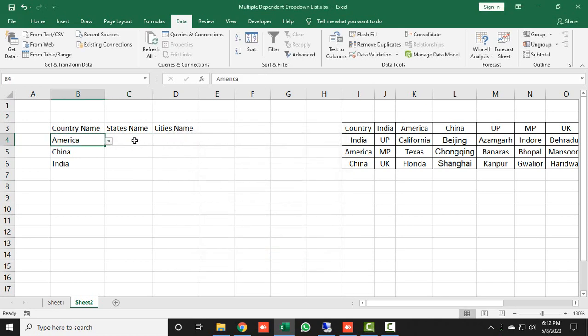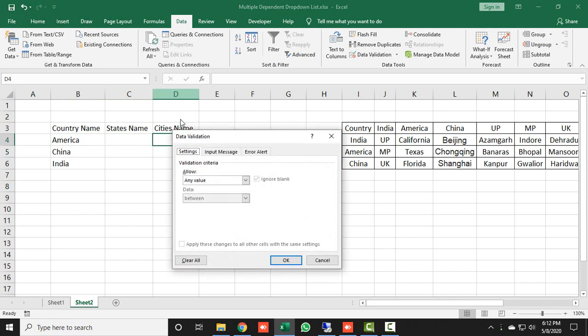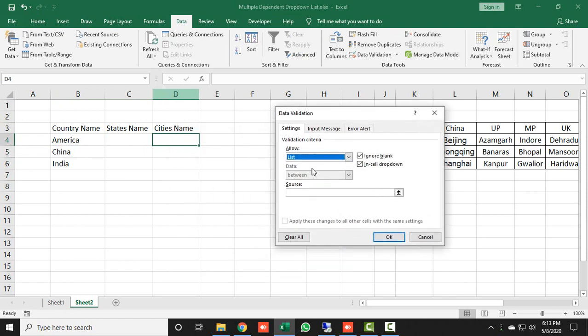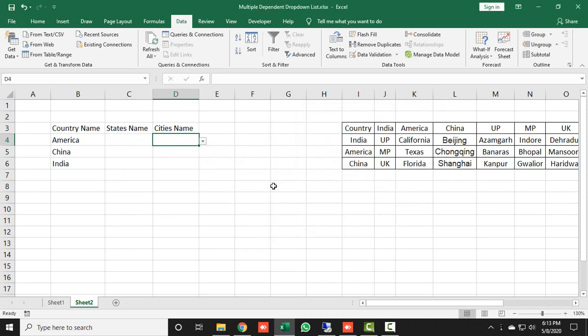Now here you can see this cell is dependent on which is mentioned over here. Just I will copy and paste it. Similarly we will do for this one. I will also use Alt DL and we'll select list. Under source I will use indirect formula and we'll select this cell and I will remove the dollar, only the dollar, and then close the bracket and then press OK. Just yes, and now just copy and paste it for the rest. All right, now this is done.